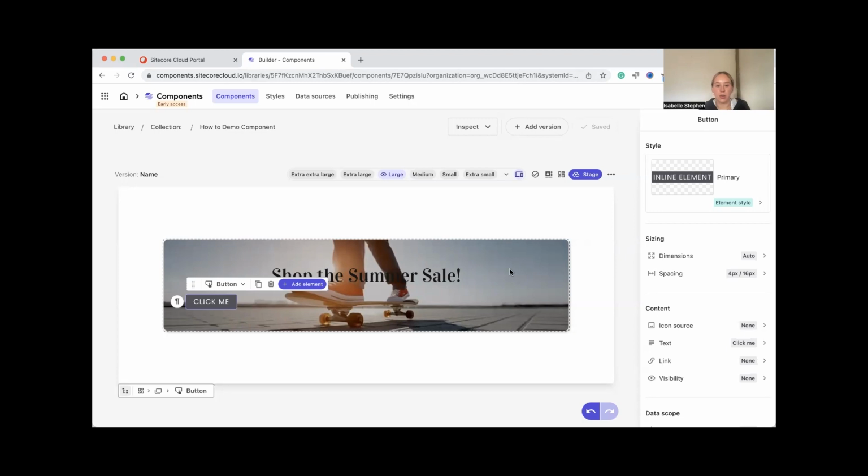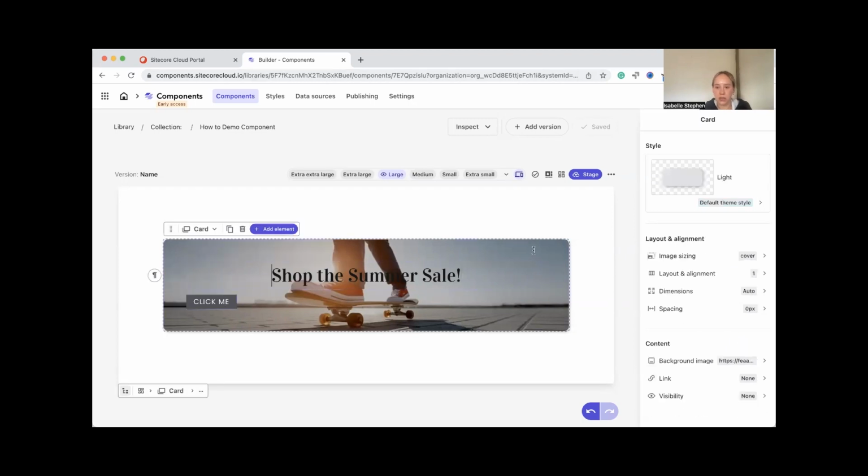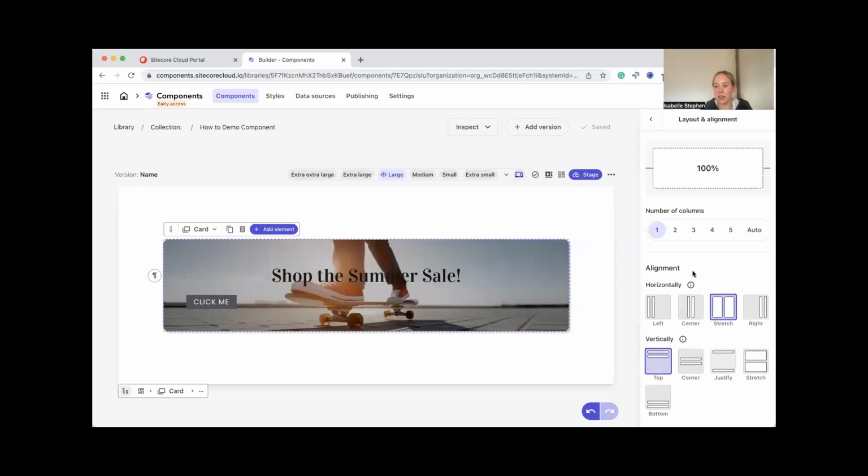Next, we want to make sure that our button's centered. So we're going to do this by clicking on the card. We're going to go to layout and alignment, and horizontal